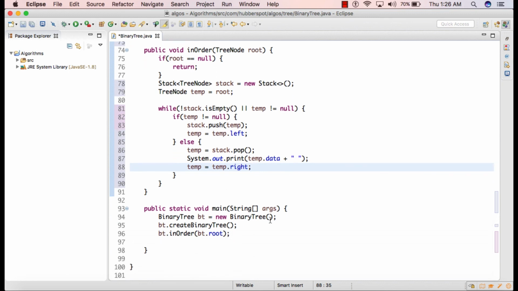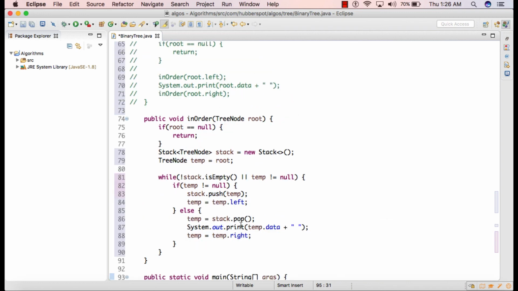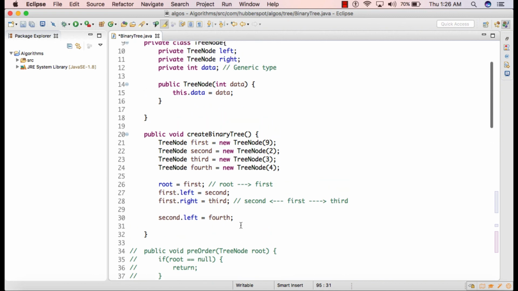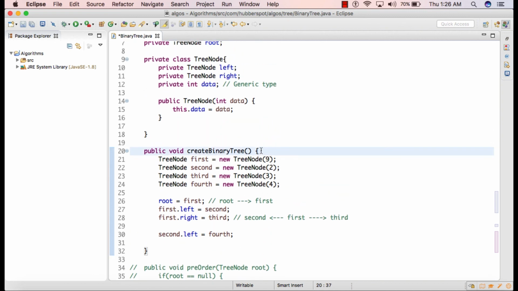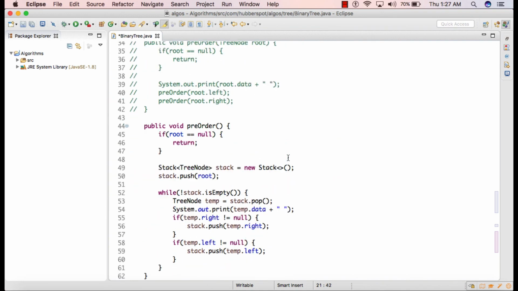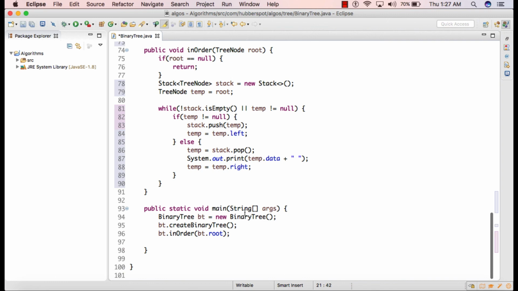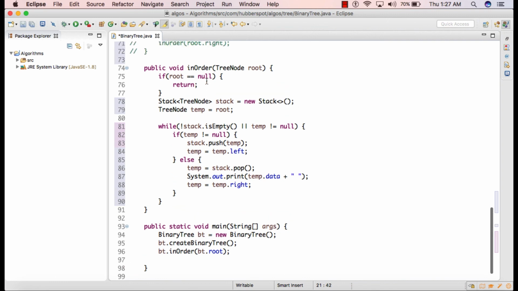So here first we have initialized the binary tree, and then we have created a binary tree with a few nodes. In createBinaryTree, we have actually created a few nodes, which we also discussed in our previous tutorials. You can watch my previous tutorial in order to understand how this binary tree is created. After creating the binary tree with a few nodes, we'll simply call the in-order method and we'll pass the root to that method. So if I run this code now,